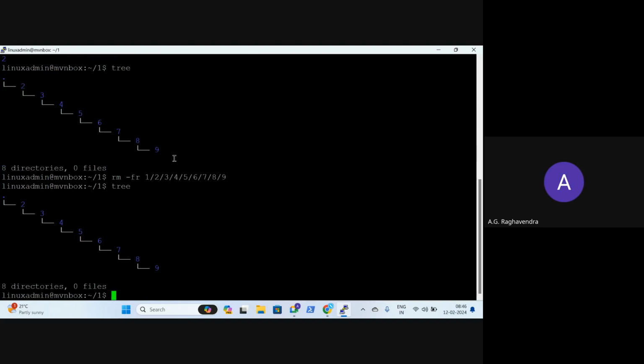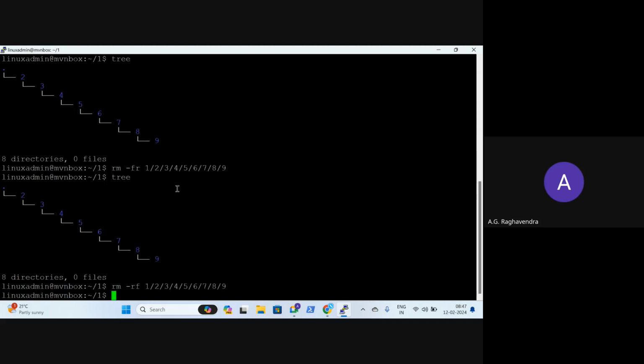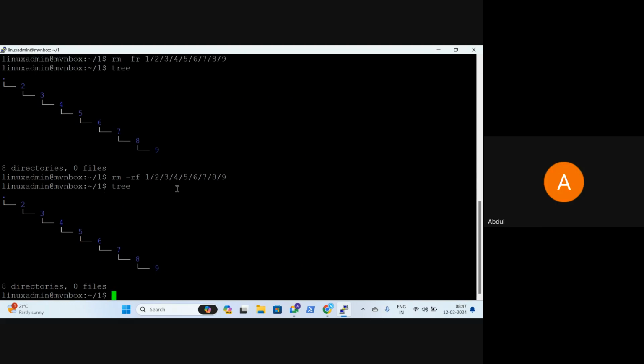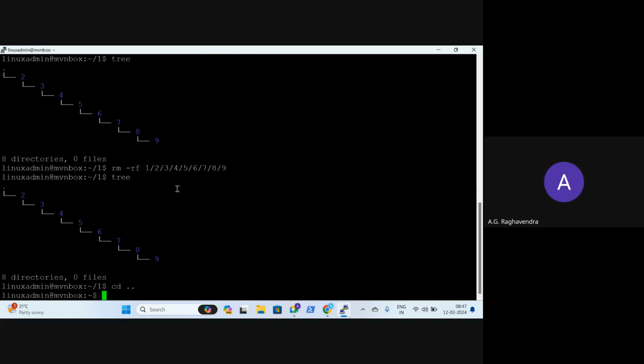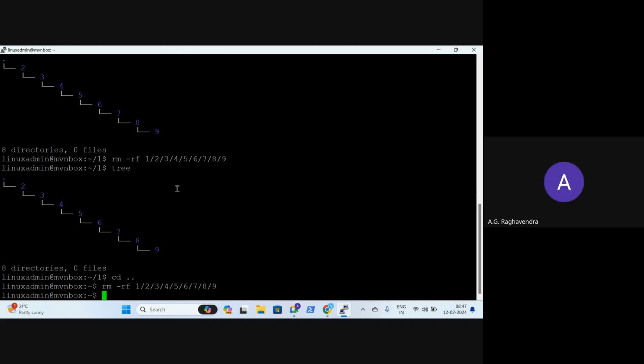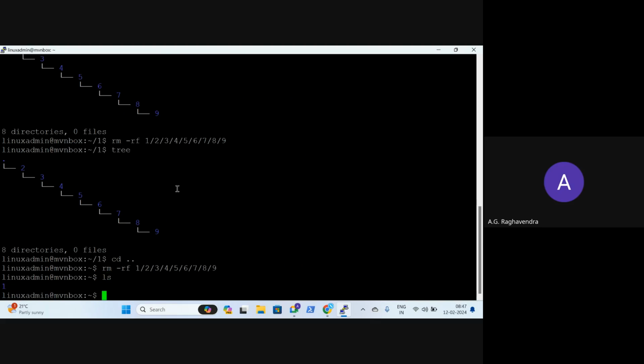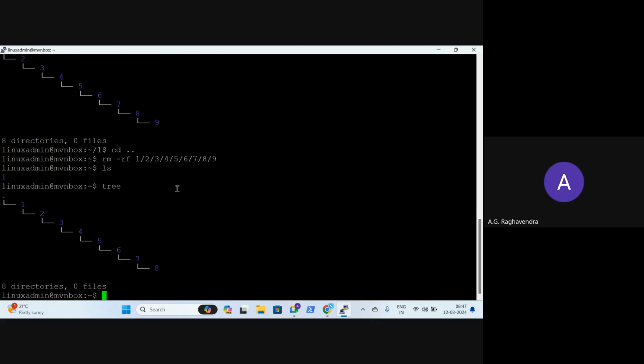If I say tree, what is there? Why did it not delete? Recursion. I gave R. Not necessarily I need to give it at the start. RFFR is the same. Because we are in the initial directory, right? Now if I execute, everything is still there.